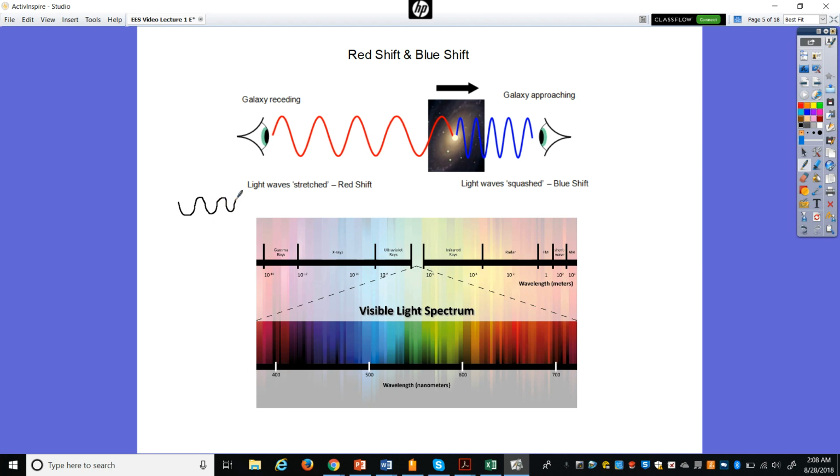Okay. Well, if it's moving away from us, then it's going to expand or stretch that light, that wavelength. And it's going to stretch it over here into the red part of the visible spectrum. And this is called redshift.